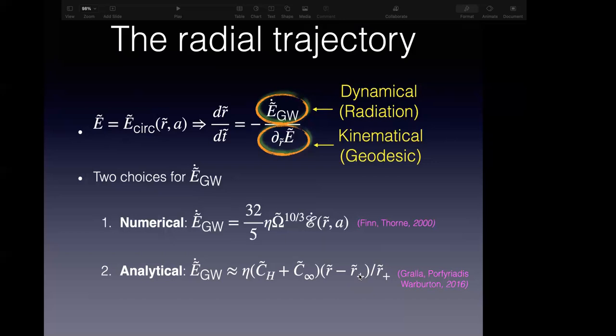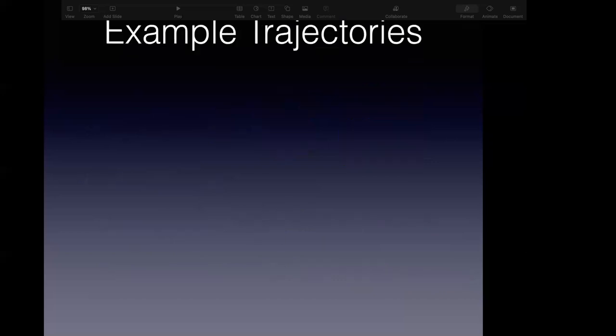So when we're dealing with year-long waveforms, where we're further away from the horizon, we use the numerical scheme. But when we're very, very close, we can understand our numerical results using the analytical result itself. Okay. So now that we have the radial trajectory, we can also look at how these trajectories would behave if